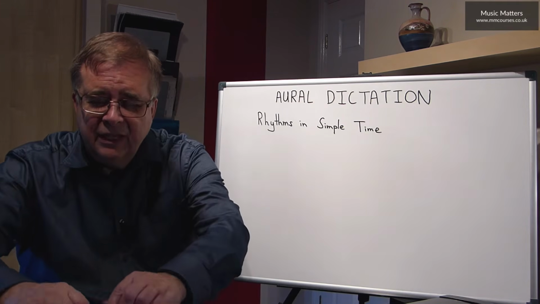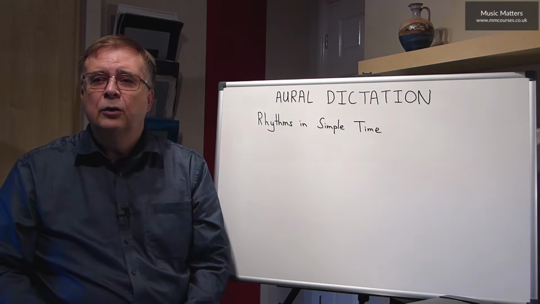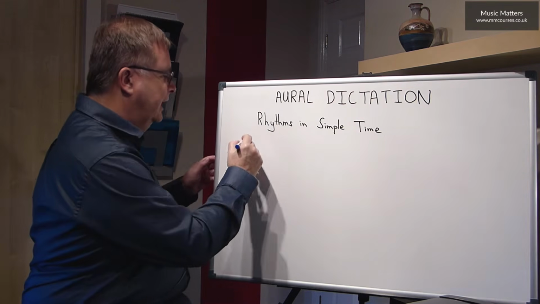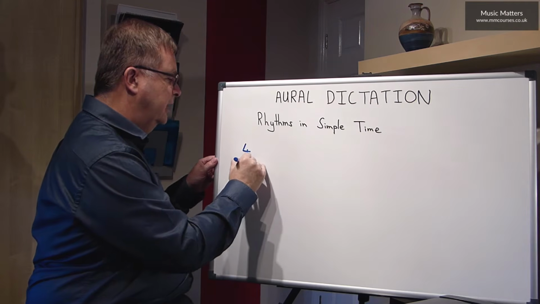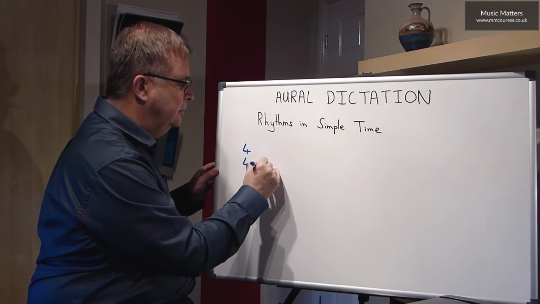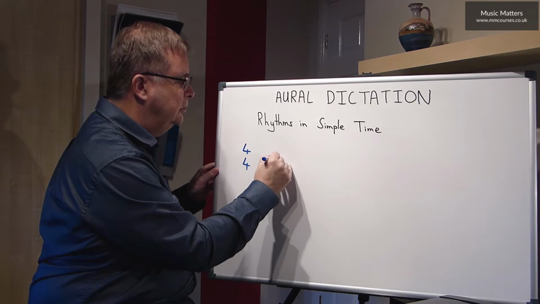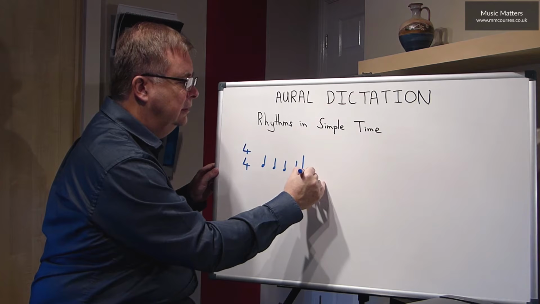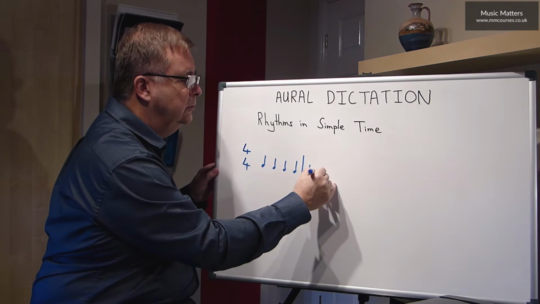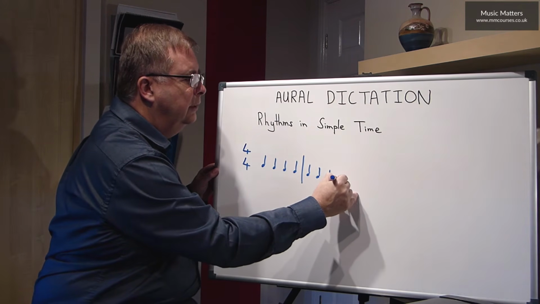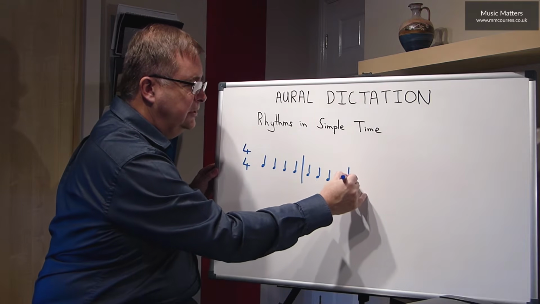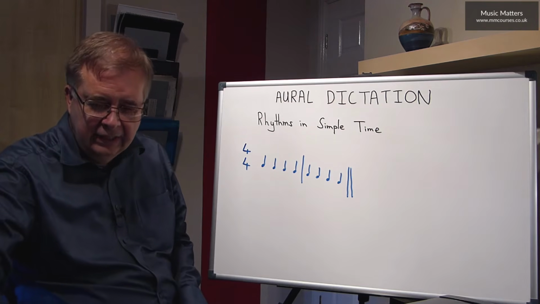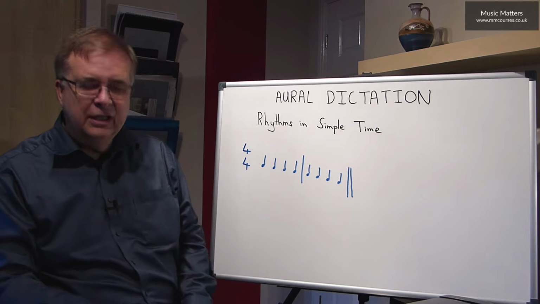Now hopefully you can hear that actually all that was happening in that was that I was playing a note on every single beat. So if I've got a 4/4 time signature, I should have written 1, 2, 3, 4, then a bar line, 1, 2, 3, 4. And if that's the end of the piece, of course, it should attract a double bar line. Okay, now just in case that didn't quite come right for you,